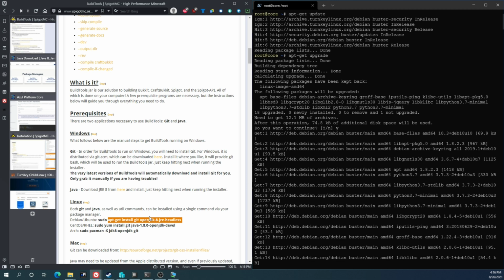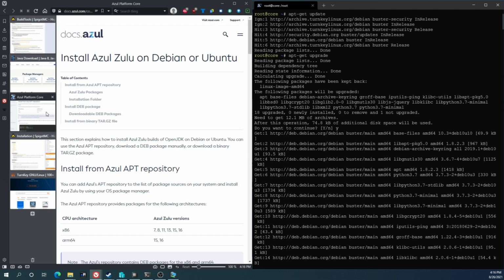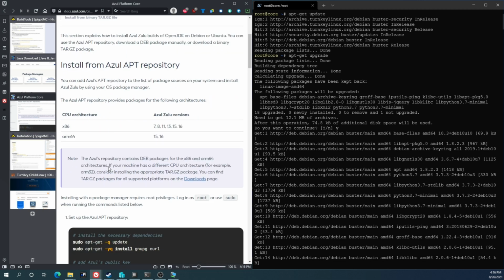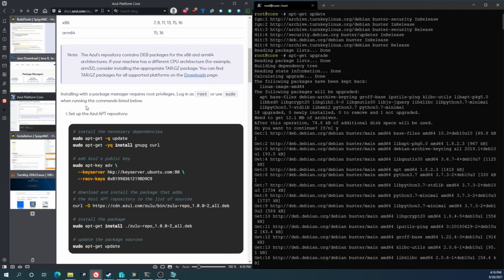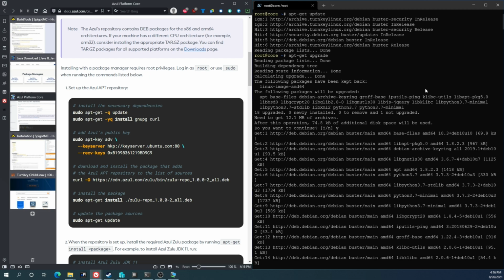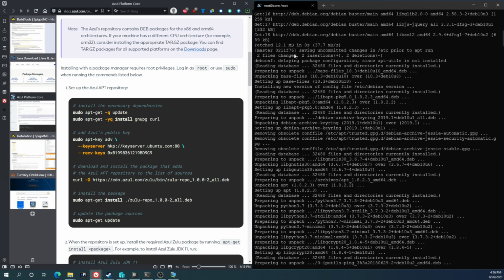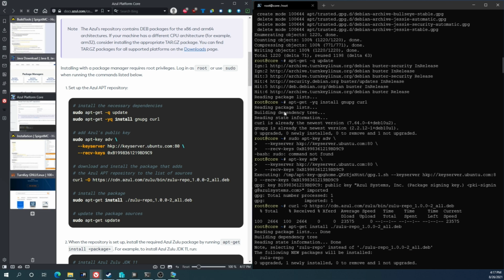Well, now Minecraft needs Java 16, so we have to follow these instructions, and specifically Spigot recommends the Azul Zulu build of OpenJDK. And you basically just follow their step-by-step instructions. You can see here,